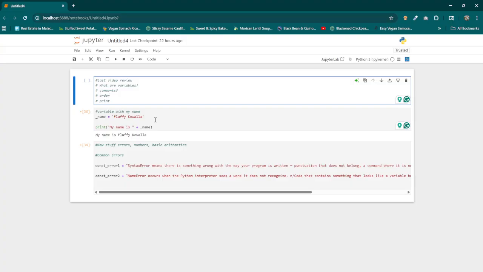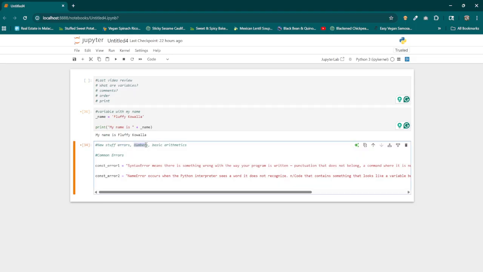But we're gonna talk about some other basic information, and we're gonna do the new stuff, which would be errors, some numbers, and basic arithmetic. I pre-put this in here just to make it easier for us, and we're going to have some fun here. So we're going to say, common errors, 1 and 2, which is a syntax error,